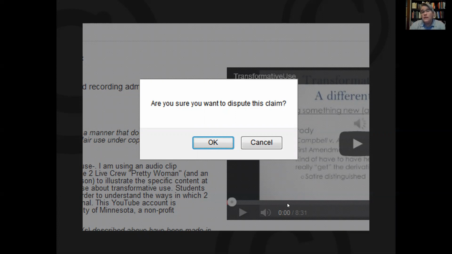So things may get taken down. Things may happen because of the platform's deals that don't necessarily line up with copyright law. This is one of the reasons why, for instructional content, it's actually a really good idea for institutions to have their own video hosting platform. If your institution can host the videos, then you can control when you take it down. So if a student wants to post an assignment and YouTube takes it down before you have a chance to grade it, that's kind of a problem. If you have a place where the student can put it that's not on YouTube, that's always a good idea.